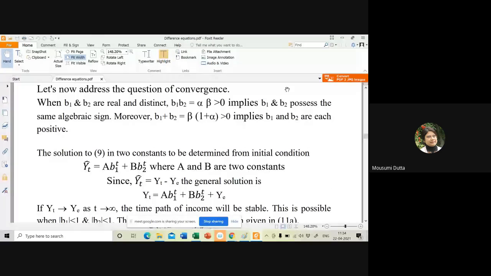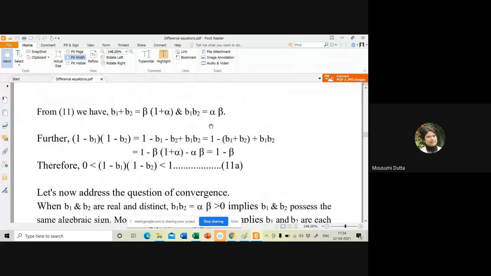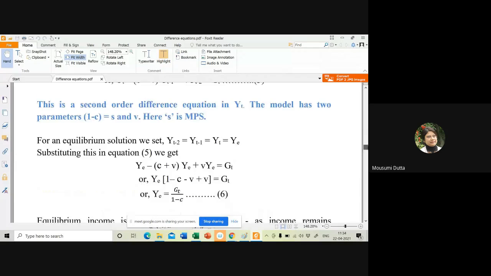Okay. So in the Samuelson's framework, B1 into B2, that is alpha into beta. Look at the thing. In case of Samuelson's model, B1 into B2 is alpha into beta. So Anandarupa, are you getting this? So it is accelerator multiplied with the multiplier, alpha into beta. Yes, ma'am. And in case of the Samuelson model,